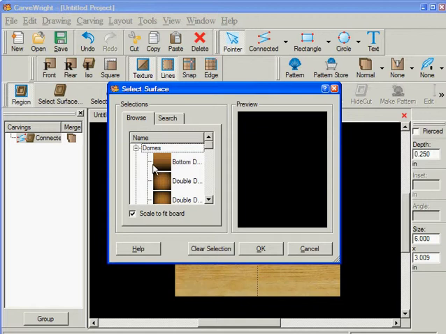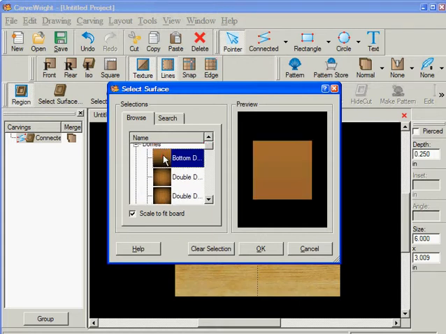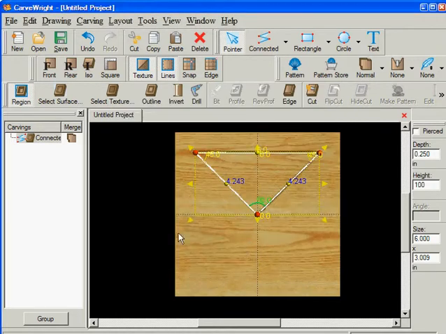But if I go to domes, I can do a bottom dome, horizontal dome, left dome, right dome, top dome, vertical dome, and I can see by the variations in the color what I'm going to get. So if I use a bottom dome as an example and click OK,